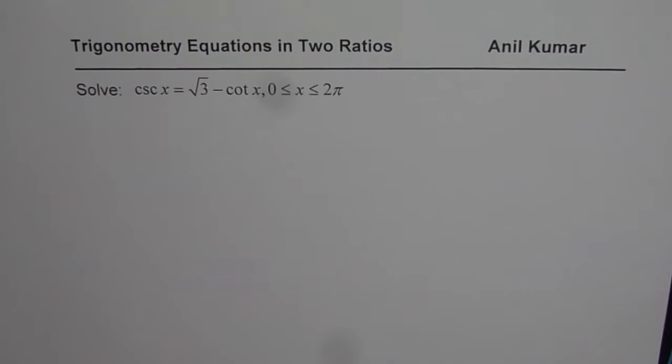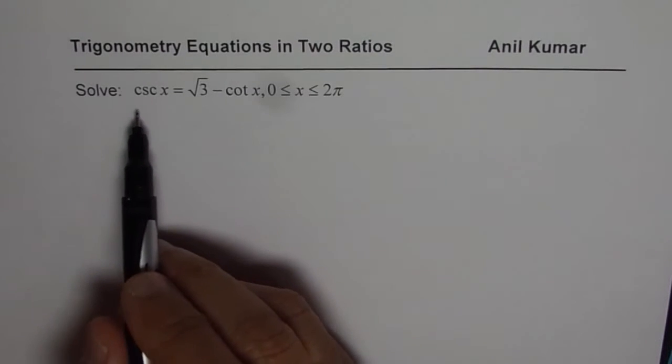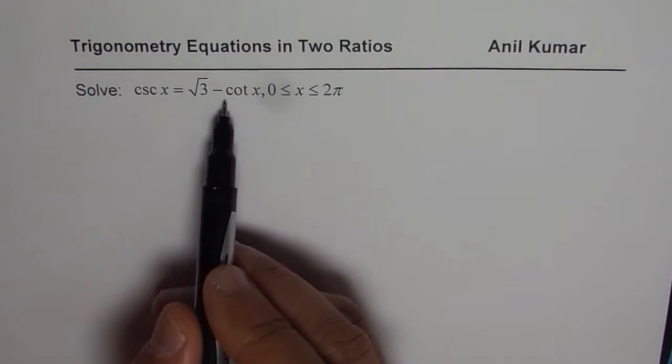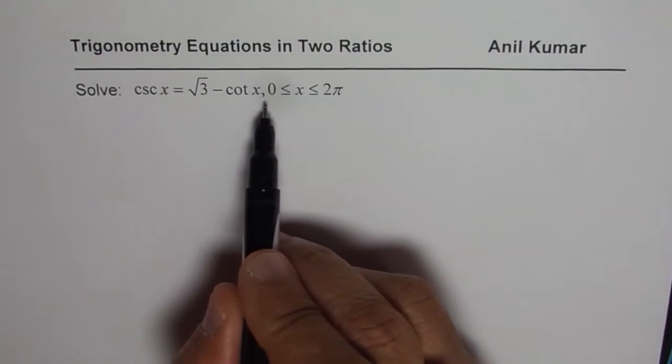I'm Anil Kumar sharing with you some trigonometric equations which have two ratios involved. The strategy here is to square both sides and then solve the equation. The equation is cosecant x equals square root 3 minus cotangent x, where x is between 0 and 2